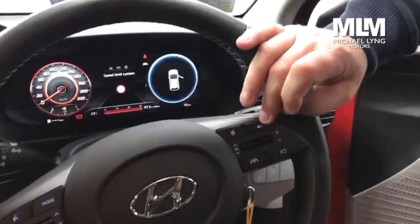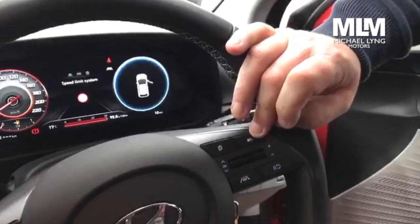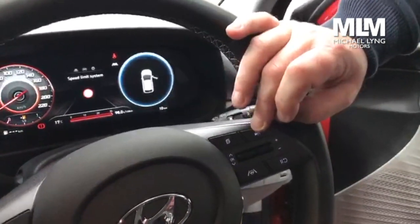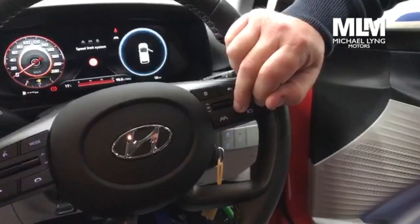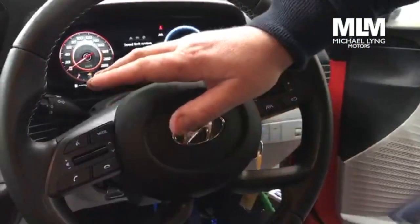This one here is for your cruise control and speed limiter, and you can use those to set the speed as you drive using the up and down buttons here, and set safety speeds for yourself. This one here is a driver attention alert. If you've been driving for too long, the vehicle will alert you to the need for a possible